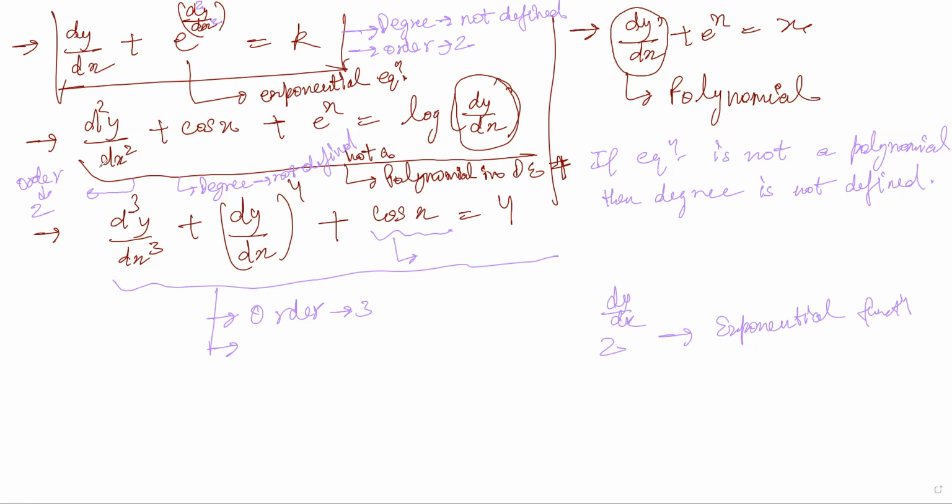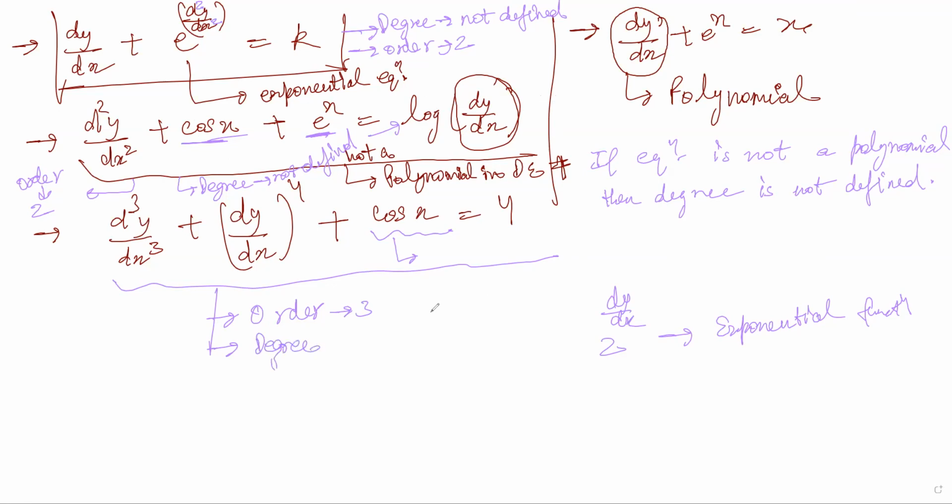But in the third case, in the second part also, the equation was polynomial because of this and this. They didn't affect the differential equation, because we have only used cos x and e to the power x. But in this case, log of dy by dx, this derivative is used inside log, which is not okay for a polynomial equation. So this was degree not defined because of this part. But in this case, degree is defined,